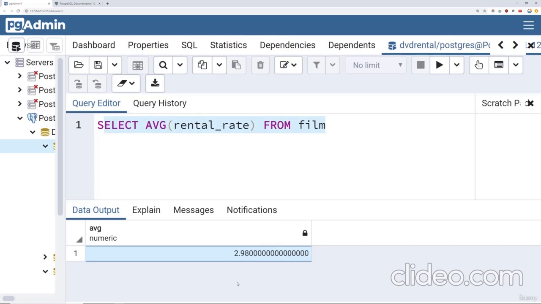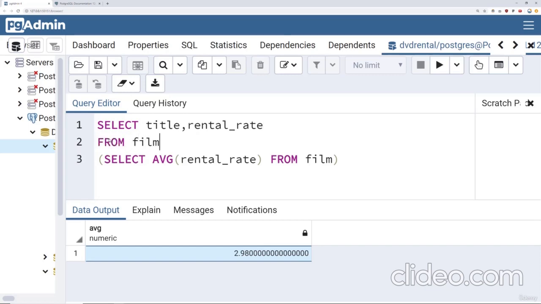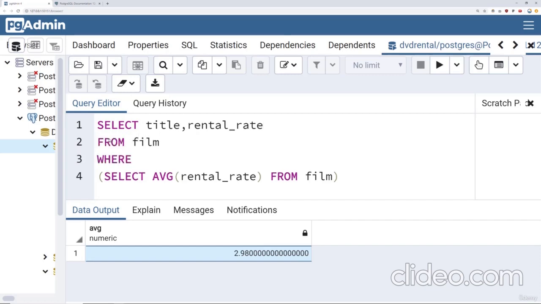Instead of having to use the scratch pad and write down this number, let's go ahead and have this be more dynamic. Wrap this in parentheses, so now it's a subquery. And then what we're going to do is say select. Let's go ahead and select the title column and the rental rate column from the film table where, and here